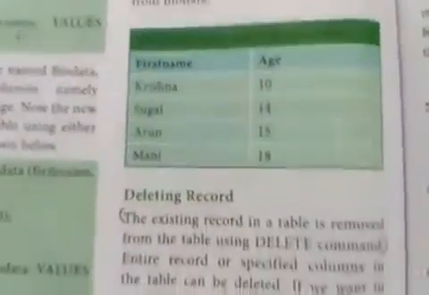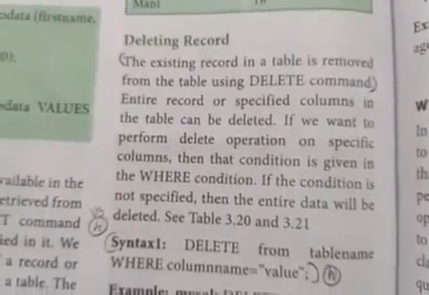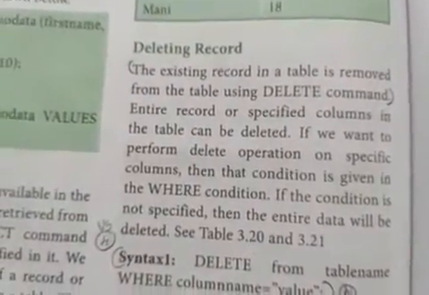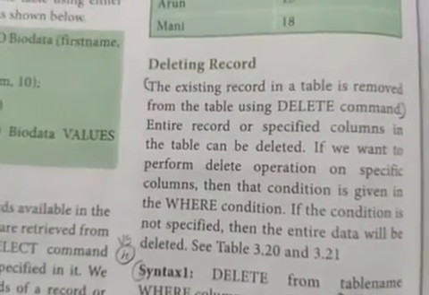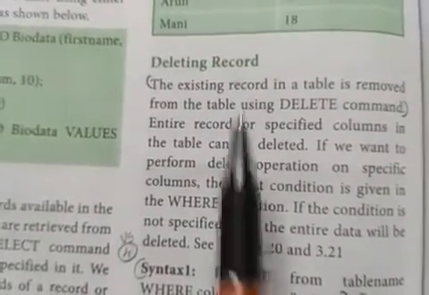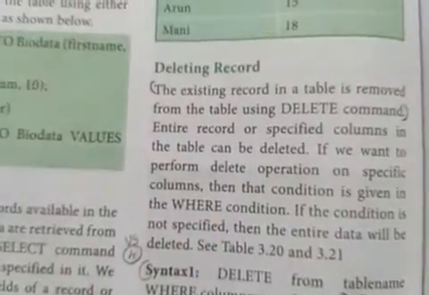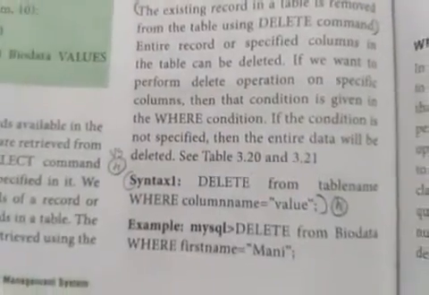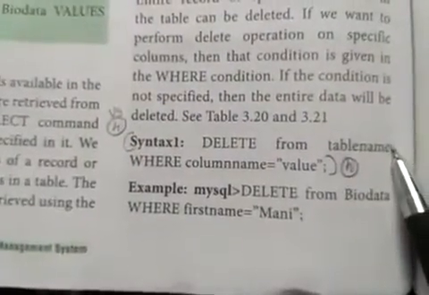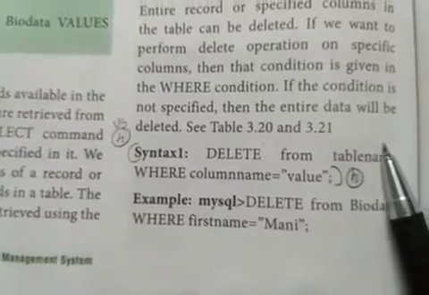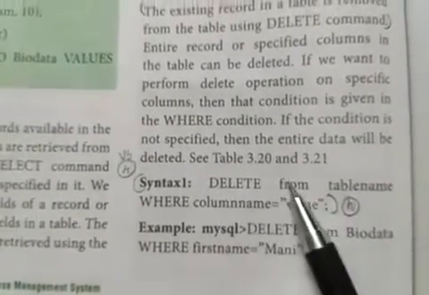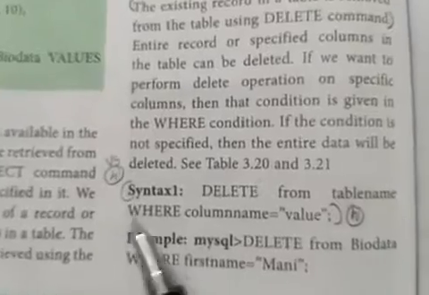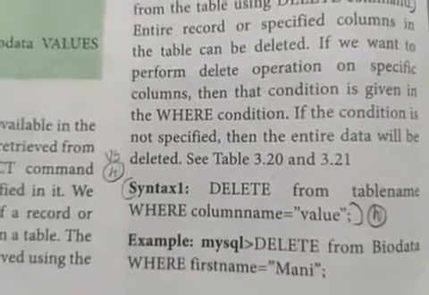And the next command we have seen is deleting a record. Yesterday itself I taught you these commands, so we are just recalling the commands we studied. How do we delete a record? With the help of the delete command. Here, delete from table name. We can specify it so that the entire record in the table gets deleted by using delete from table name. Here they have used the where clause.